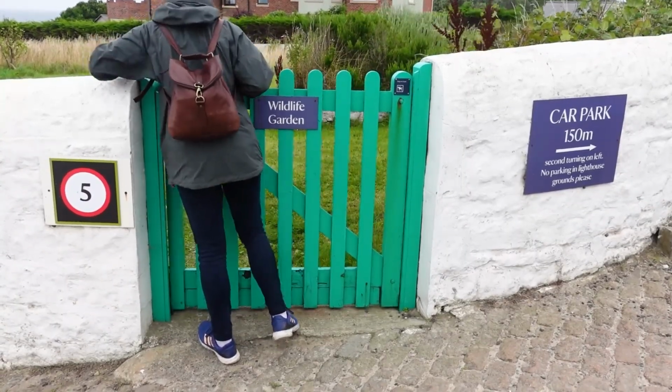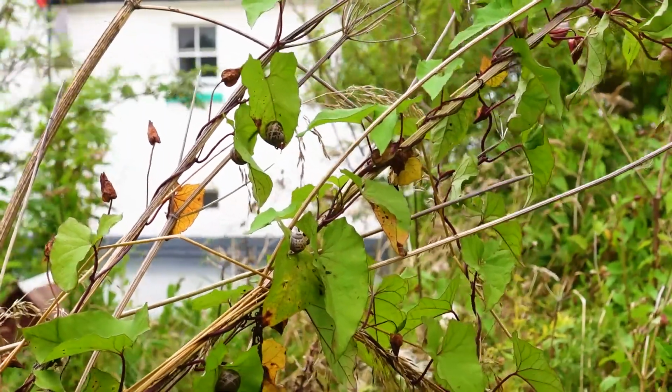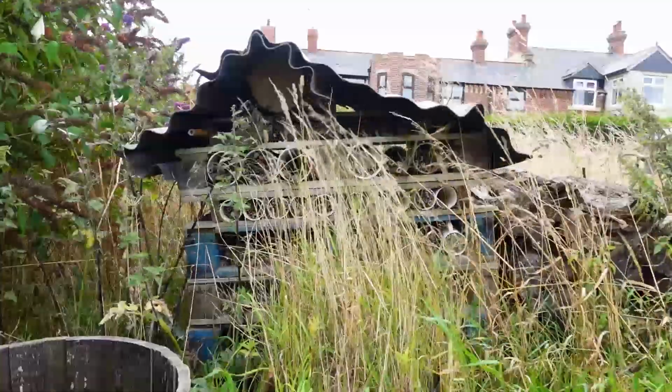Beautiful walk back, but again very cold, very blustery. We ended up taking a slight detour through the wildlife garden at Souter Lighthouse, but unfortunately we think it's gone into a bit of disarray, probably because a lot of volunteers weren't able to volunteer doing the gardening during lockdown. At most we saw just some snails and some leaves, even though they've got things like bug hotels and bird